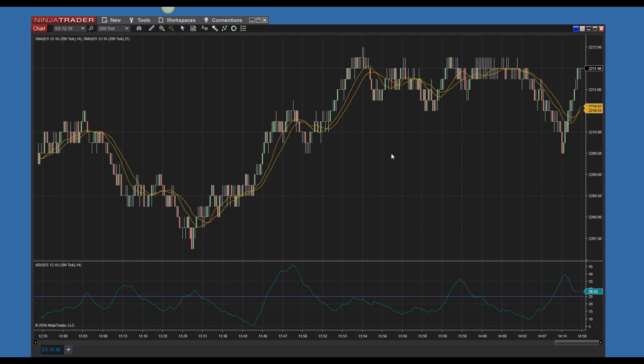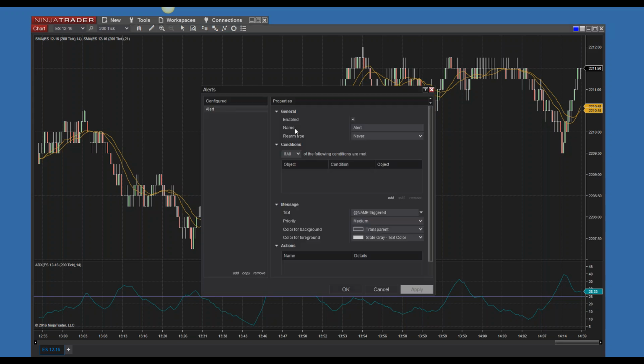And let's say I want to set up an alert on this chart where I have an SMA crossover to the upside, like one we just had here where the 14 SMA crosses above the 21. So I'm looking for long entries, but I only want that alert if the ADX is greater than 25. And so I've got 2 conditions here for a signal that I'm wanting to be alerted on. I don't want to watch my computer all the time, and this can get as complex as you want. And what I'll do to set that up is right-click, Alerts, come into the alert configuration, and we could